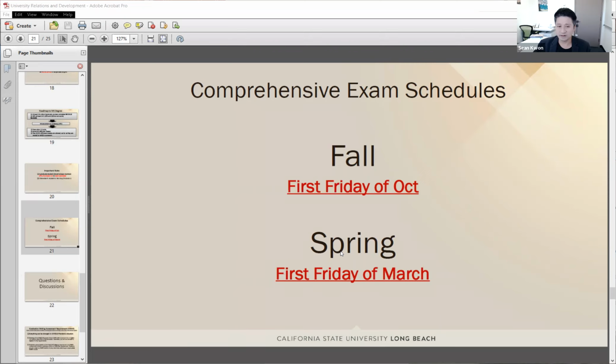This is a sensitive issue, and it is a very important exam for completing the MSEE program. So we have not allowed any adjustment of changing the exam date. It must always be the first Friday of October for fall semester, and the first Friday of March for spring semester.